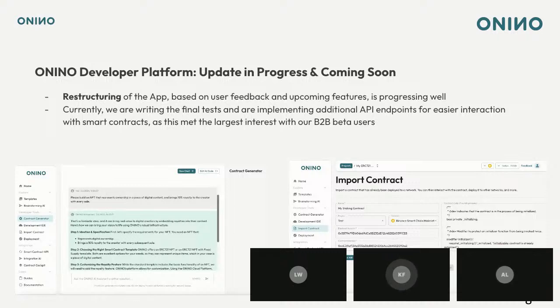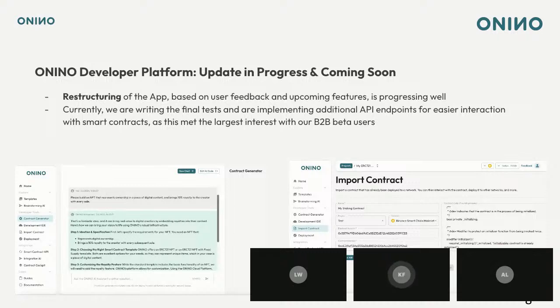We have also talked a lot with our potential business partners who are planning to use the platform in the future, and we have met great demand for the new smart contract API. We also received the input that it would be great to have an additional set of API endpoints, which is why, before releasing the next update, we are implementing further API endpoints, to give even greater usability and provide even more flexibility with the Onino smart contract API.